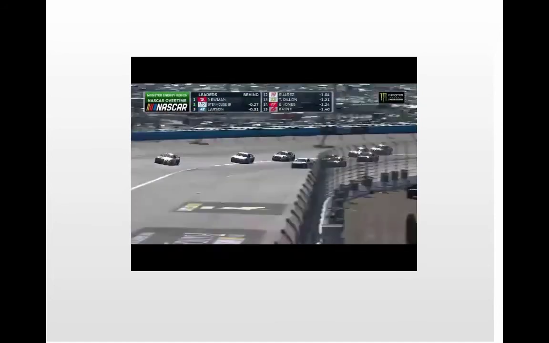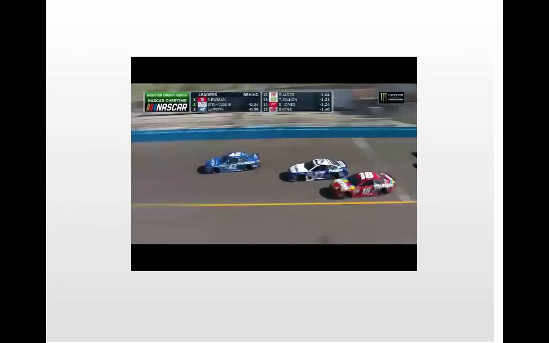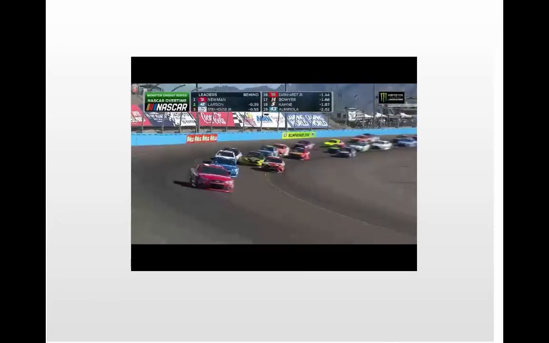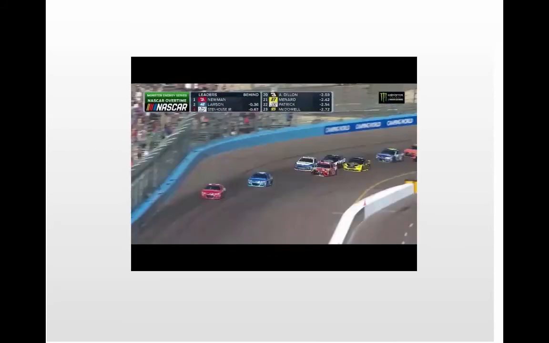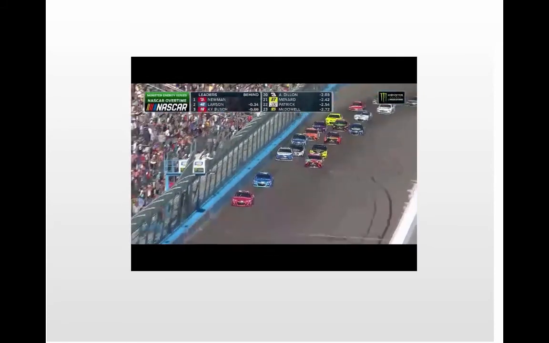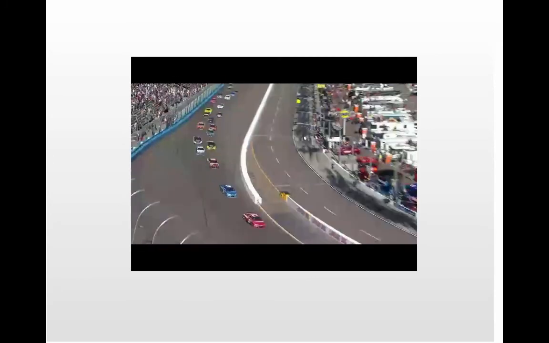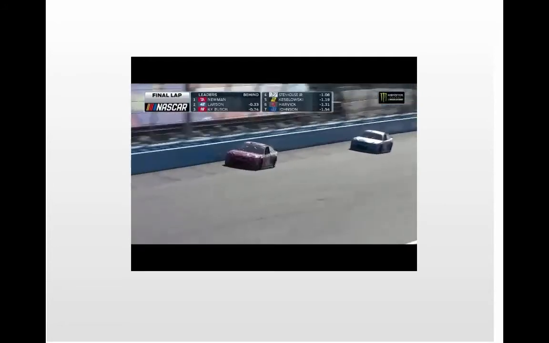So a testament to the amount of downforce this guy's got in his car. And he is able to hold off everybody behind him who had new tires, and new tires are very important on these heavy stock cars because they're really heavy. And he holds them off, able to hold them off till the end. We get the win.